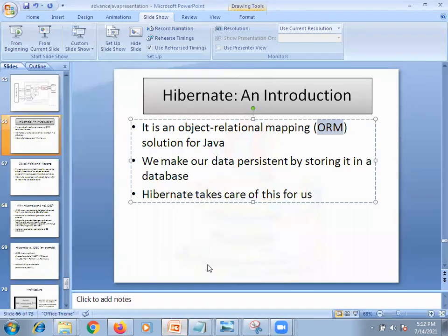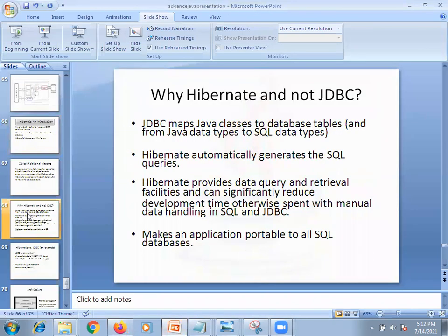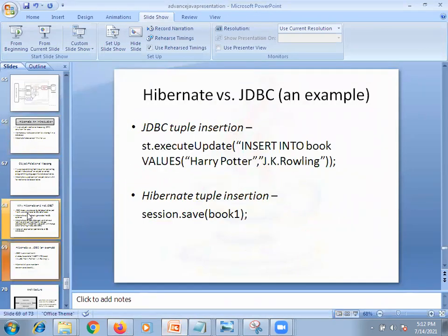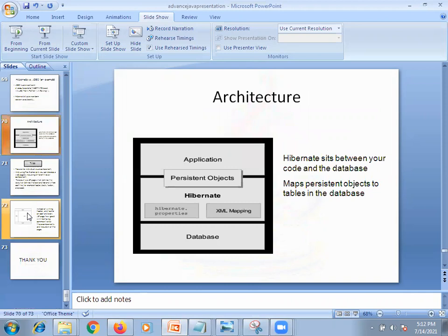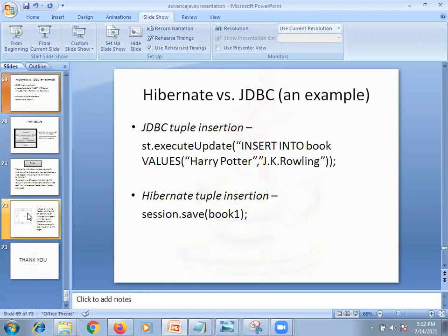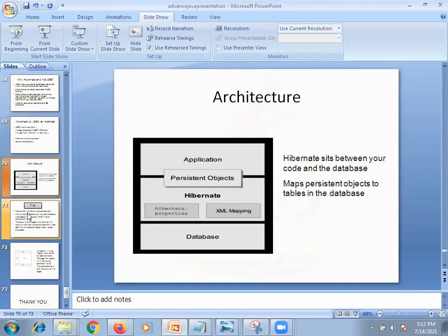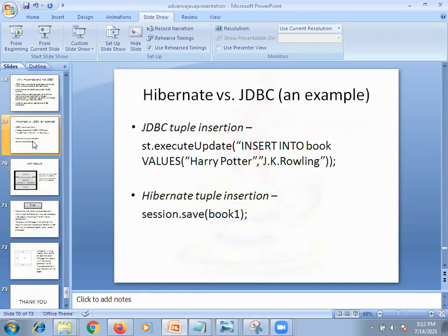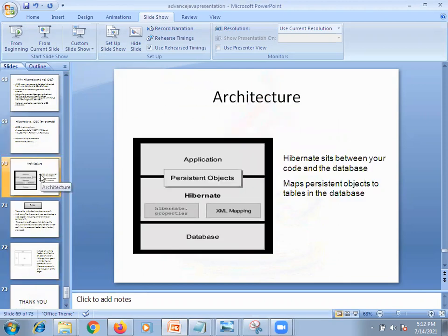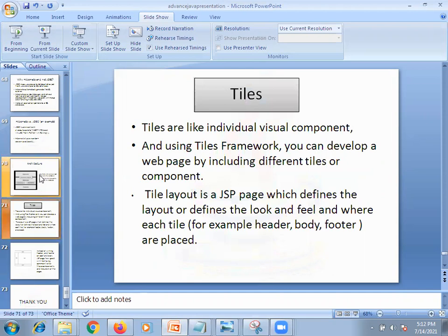Even Struts supports ORM frameworks, which means we can integrate other frameworks also. If you want to use any JMS or any EJBs, the Struts framework will support that. Later we will discuss what JDBC is, what Hibernate is, what the drawbacks of JDBC are, and how they are overcome.